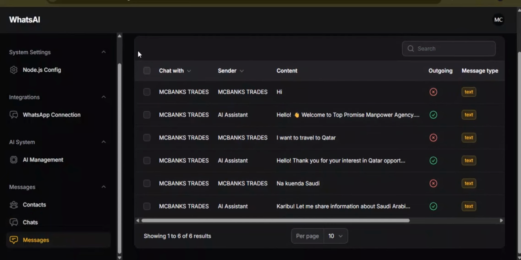Just as I said, when you define a role for the AI, it is going to strictly remain on that lane. It is not going to budge to get to this corner or that corner. No, it is going to be very strict to that lane. And also, right now it only supports text messages, so it cannot respond to an image. But maybe later, God willing, inshallah, things will change,